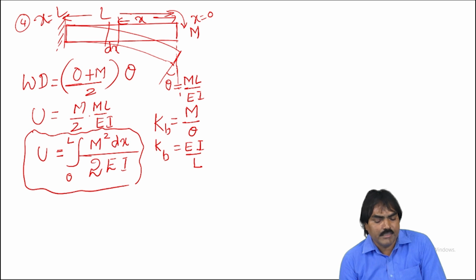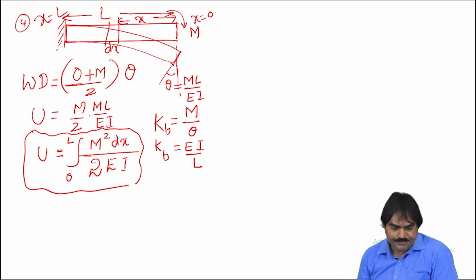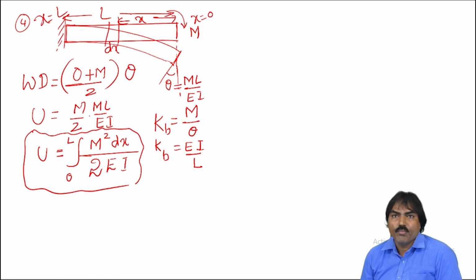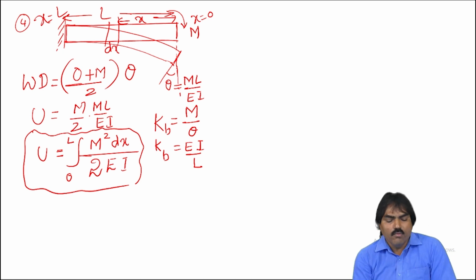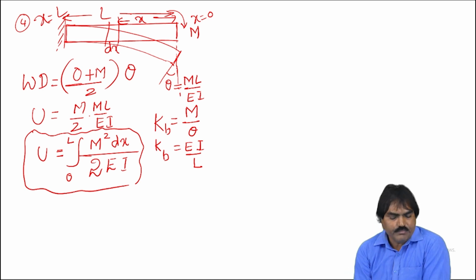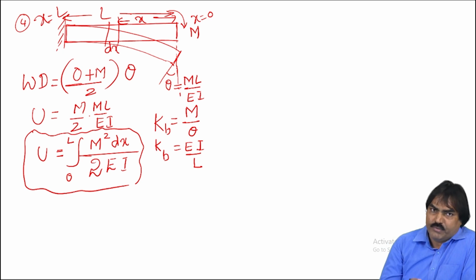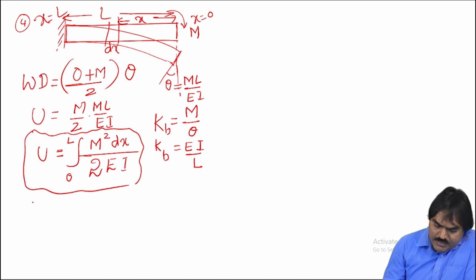This is the total energy stored due to the bending moment in the structure. Remember this. Now, once we know the bending energy in the structure, we can find the deflections as well as slopes. So the deflections and slopes for the beams based upon the energy concept is given by